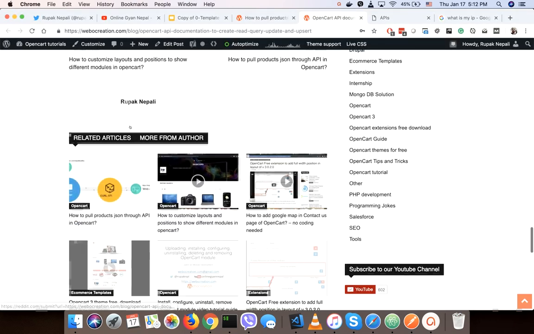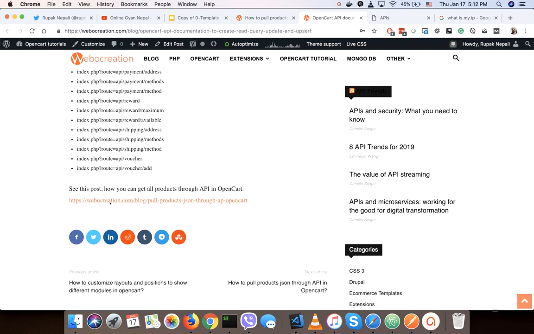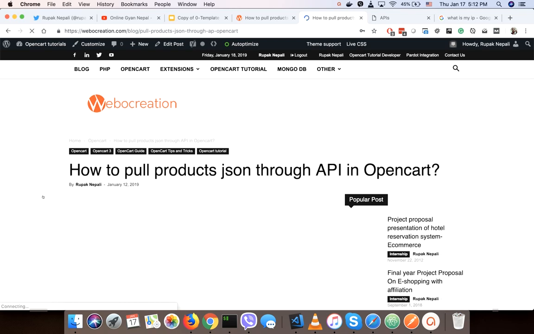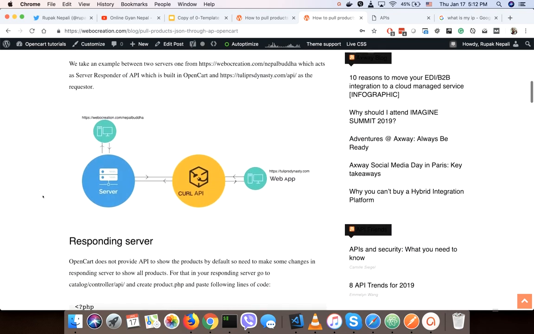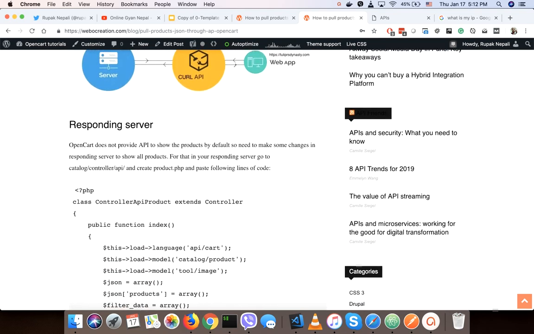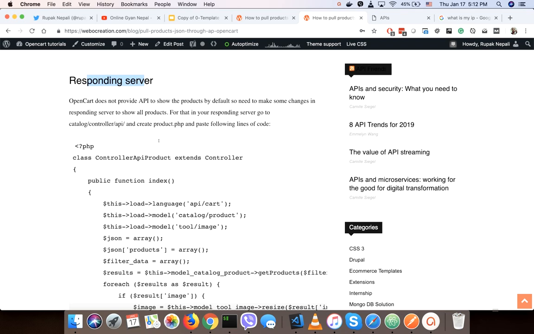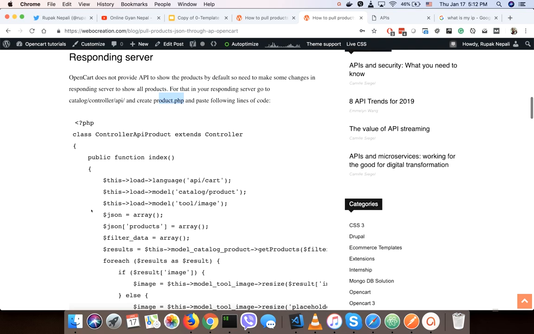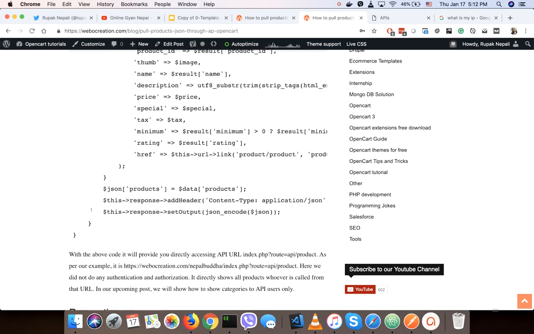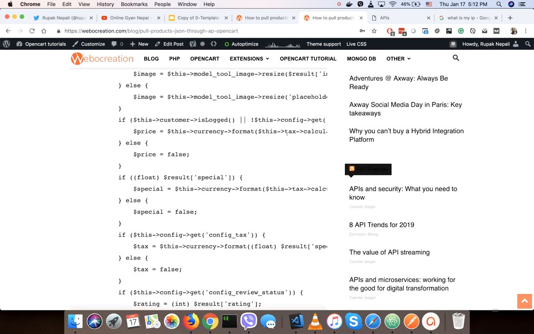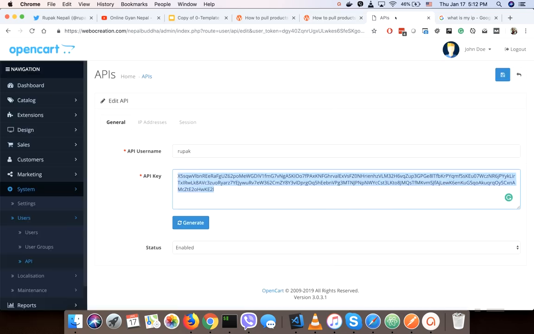I have created one post which is how to get all products through API in Opencart. So we have gone through all of these. So we have the responding server. In the responding server we have to upload this file product.php in catalog controller API, and we need to add this code. I have already added this into my responding server,